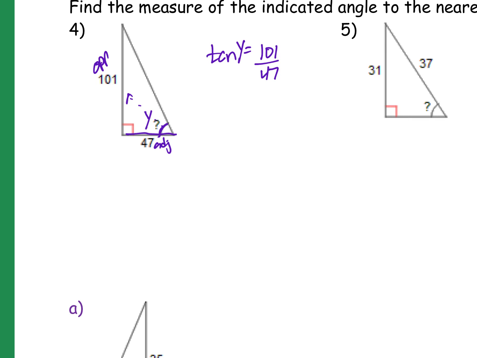But I just want y. So how do I get rid of tangent? Tangent inverse. And I get y is going to equal tan inverse of 101 divided by 47, which is,